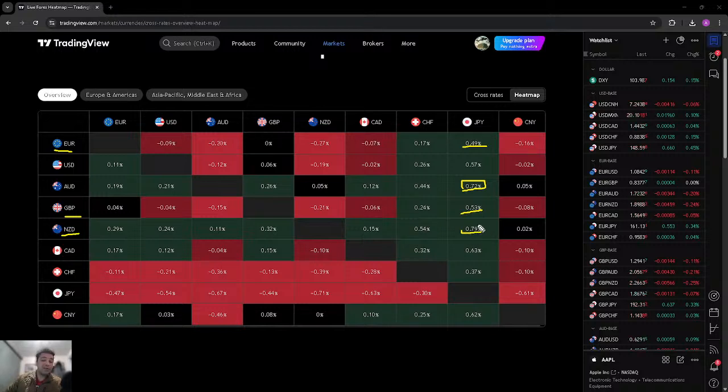So the market shift has been happening continuously. Initially the euro was the strongest, then the pound was the strongest, then the New Zealand kiwi was the strongest, and then the Australian dollar. But all of a sudden, the shift that I've noticed today in the afternoon, after Thursday, is that the balance of power has been moving towards the Australian dollar and New Zealand kiwi getting a little bit stronger rather than the euro and pound right here.